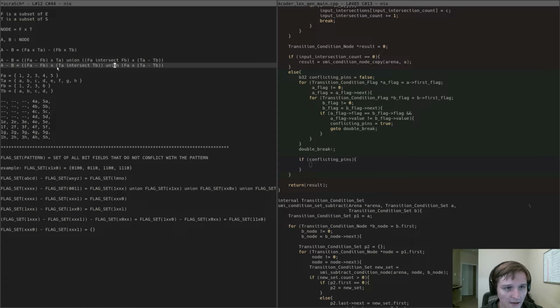So before I was saying, alright, this is everything, every number that FA has that FB does not have. So every number that FA has that FB does not have means 4 and 5, and cross that with every letter that TA has. So all the numbers we didn't subtract out, crossed with all the letters that we originally had, gives us this rectangle here. And this part here says, given all the numbers that both of them have, so 1, 2, and 3,